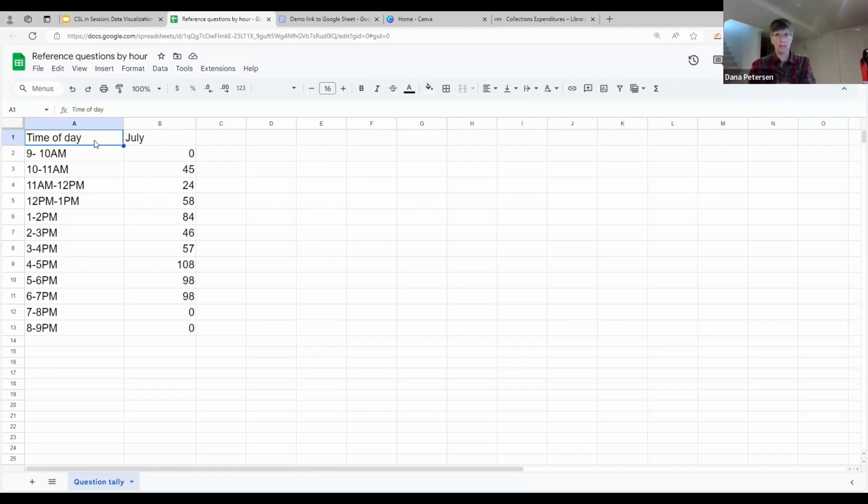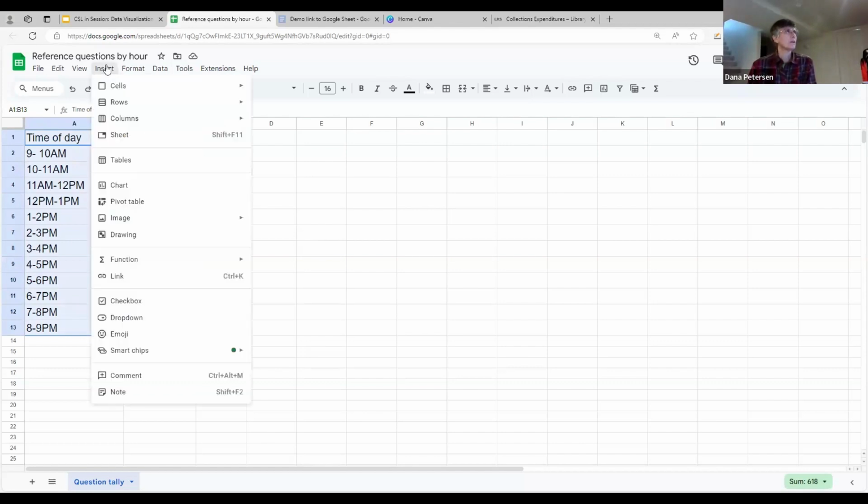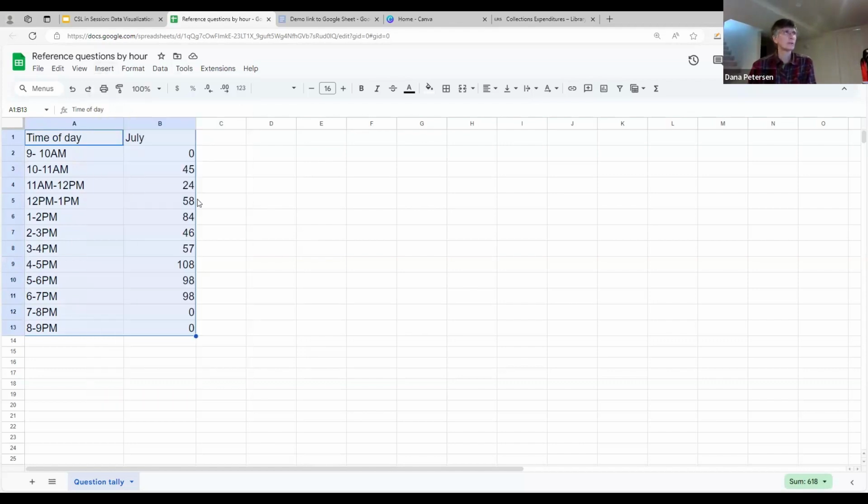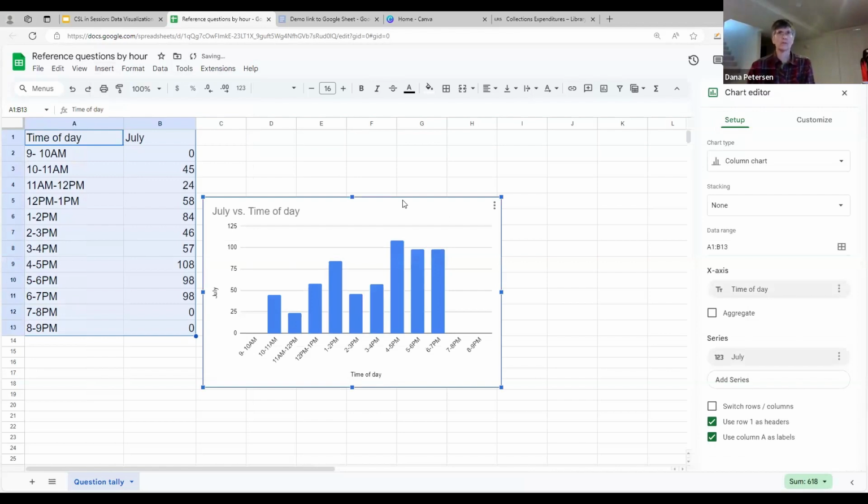This was not the data set that I was given or took from DART, but I cleaned it up, super simple. Hey, let's make a chart. Let's not make this too complicated. I do need to tell Google what data I'm going to use. Well, that's our drag and select. Computers may be getting smarter every day, every second, but they still need to know what data you want them to look at. Well, here it is. And I'm just going to insert a chart. Bam, done. Not so hard.